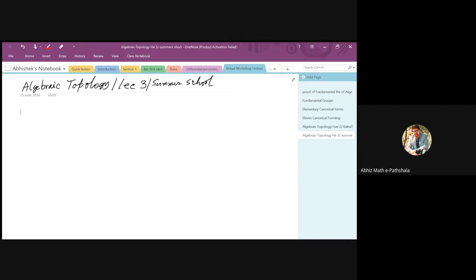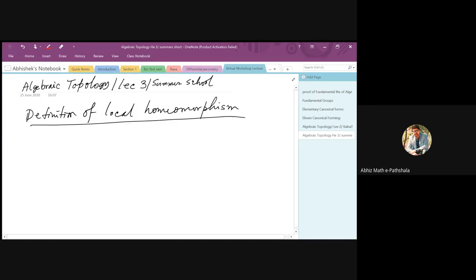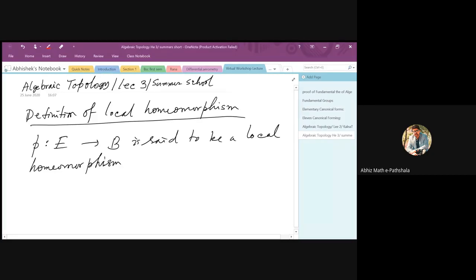I have finished my last lecture with the definition of local homeomorphism. What does it mean by a local homeomorphism? A continuous map from a space E to B is said to be a local homeomorphism if